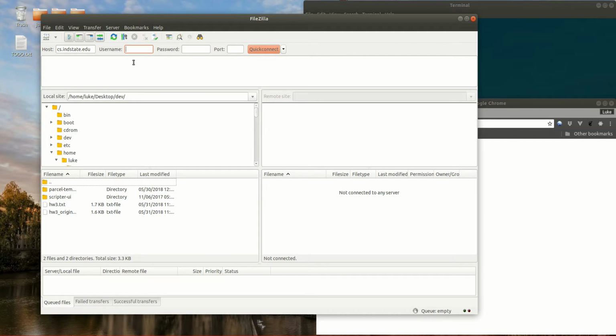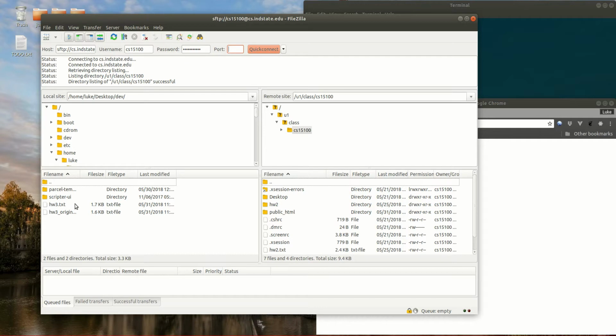The host is cs.indstate.edu. This is your username, password, port 22, quick connect. Okay,